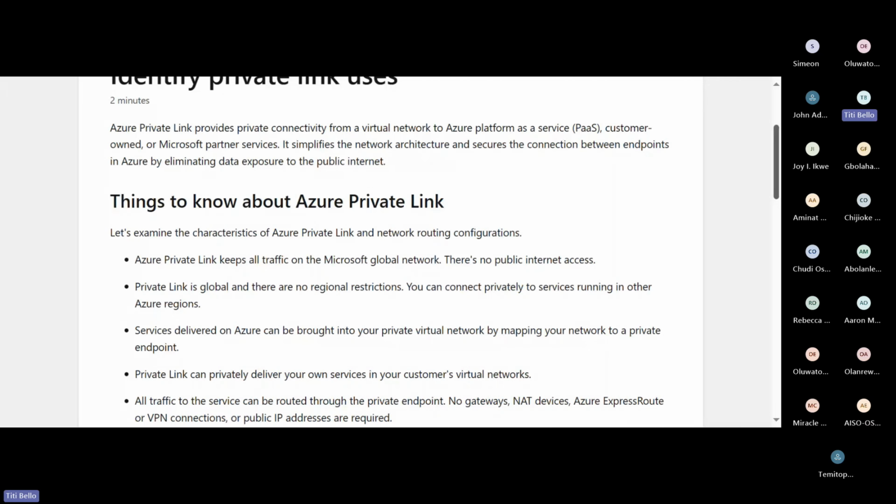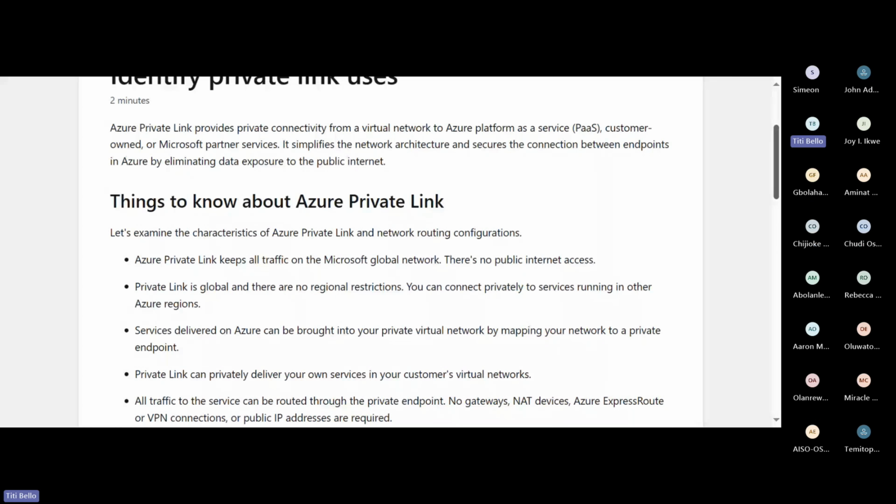Private Link is global and there are no regional restrictions. You can connect privately to services running in other Azure regions. What this means is that I can use a private link and say I want to connect to